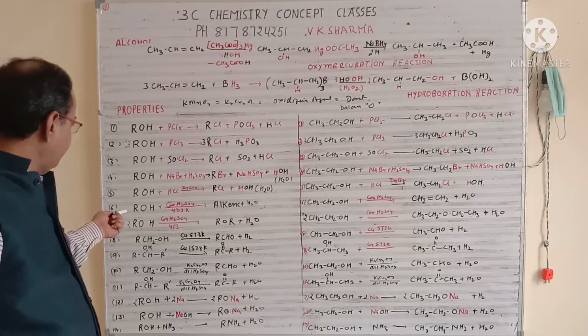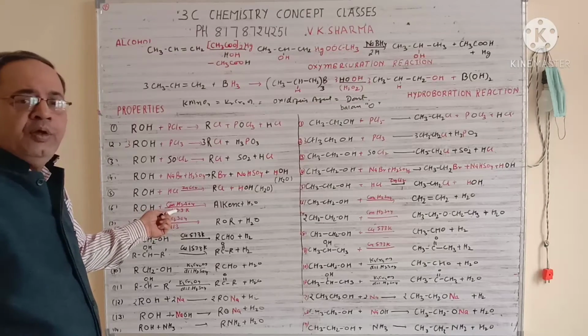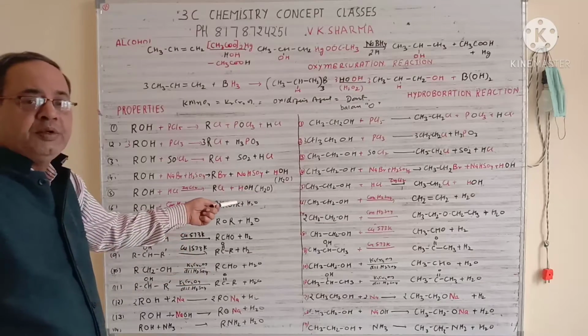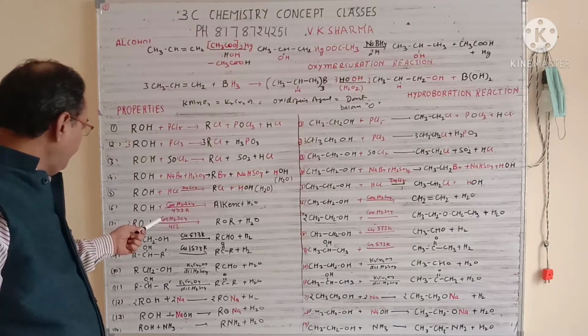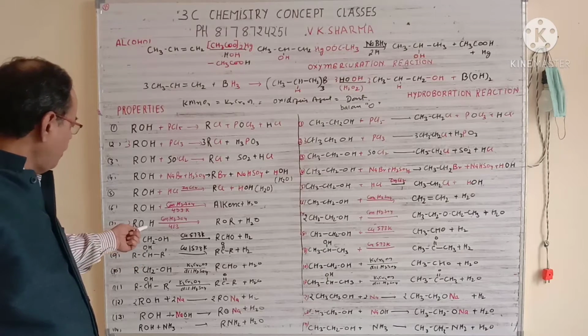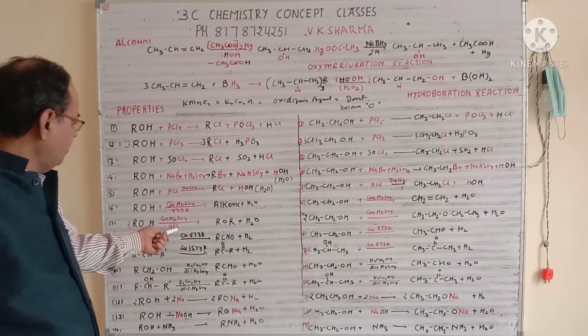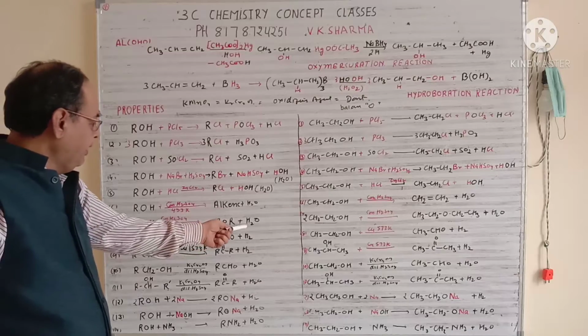Now next concept, that 6th reaction: alcohol when reacted with concentrated H2SO4 at 433 Kelvin will give you the respective alkene plus H2O. This we have done in the preparation of alkene. Now this reaction is new for you. So when twice of alcohol is in the presence of concentrated H2SO4 at a temperature of 413 Kelvin, that will give you ROR, that is the ether group, plus H2O.